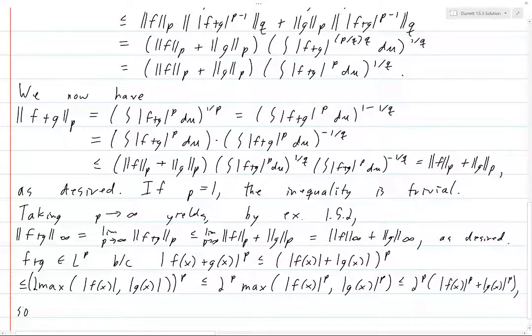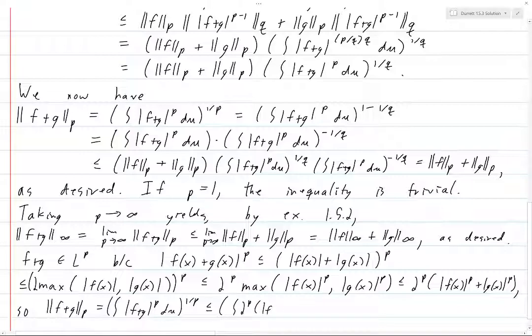So for every x, f plus g to the p is going to be less than or equal to this thing. So if we take the integral, so let's see here, the p norm of f plus g is going to be the integral of f plus g to the p d mu to the 1 over p. It's going to be less than or equal to the integral, then we've got f to the p plus g to the p d mu to the 1 over p, which is less than or equal to